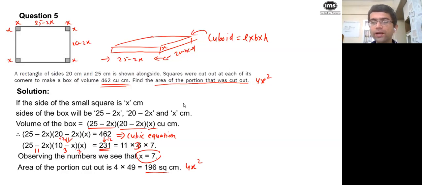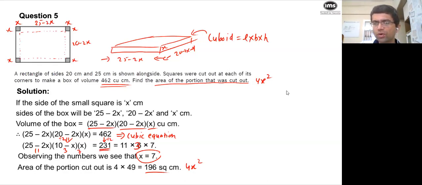Didn't get how the height is x? Once you cut the corner, this is what the box will become, and you will fold it. No, the box was not made from the cut squares. Ashutosh, are you clear now? If you fold this box after cutting, imagine you are working on a craft.